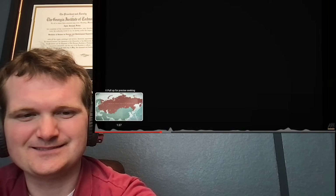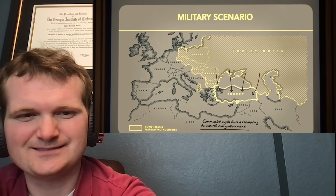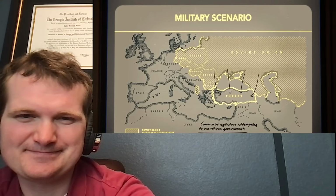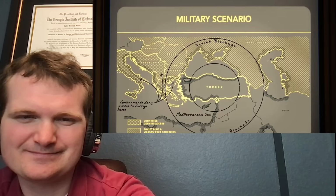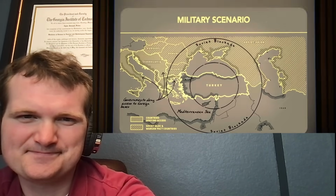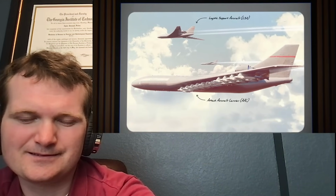They envisioned an organized uprising halfway across the globe, instigated by the Soviet Union. Responding to a call for assistance, the U.S. would typically deploy a carrier group and Marines to help stabilize the situation. But in Lockheed's scenario, the Mediterranean would be blocked off, and nearby foreign bases would be unavailable. So the 1201 would provide the only means for a rapid strike with a sizable force launched directly from the